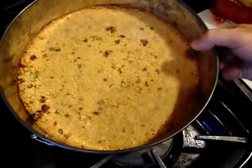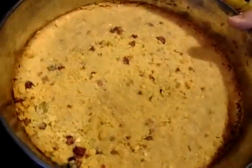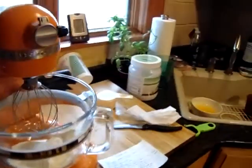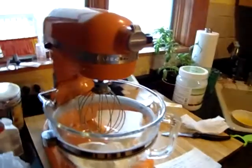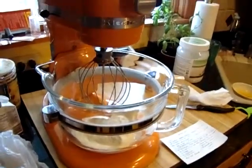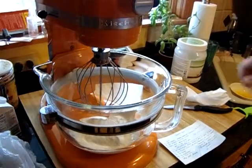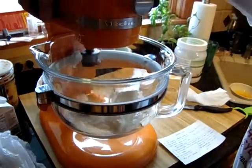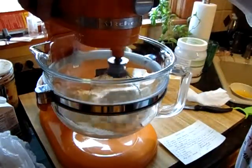Okay, that's what it looks like after 15 minutes. It's cooled. See how it's got a nice little brown there. And now we're coming over here and we have 1 cup of ricotta cheese and 2 8-ounce packages of cream cheese. We're going to start, we're going to whip that,